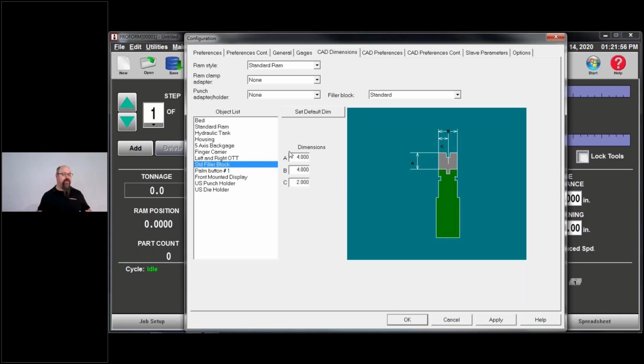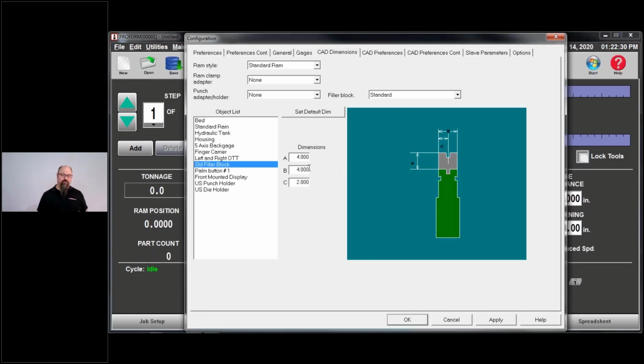A has to be in for your machine to bend correctly. If that A value is wrong, your angle correction values are going to be off the chart. I've seen that usually when somebody's messing with the values, either a serviceman or a maintenance technician at the company who is trying to troubleshoot something. They change that A value, and it throws your angle correction values way out of whack.